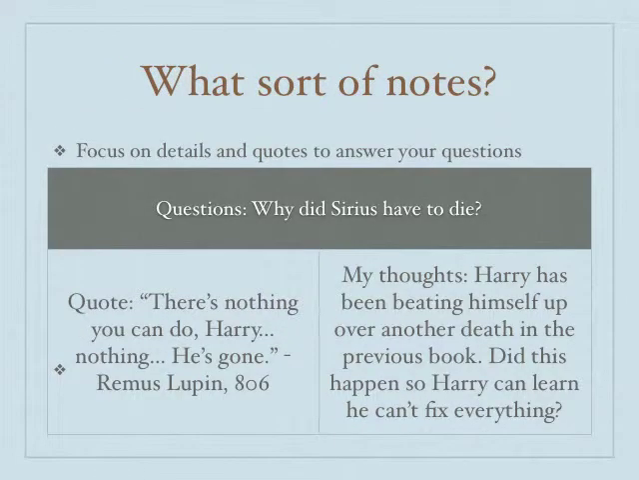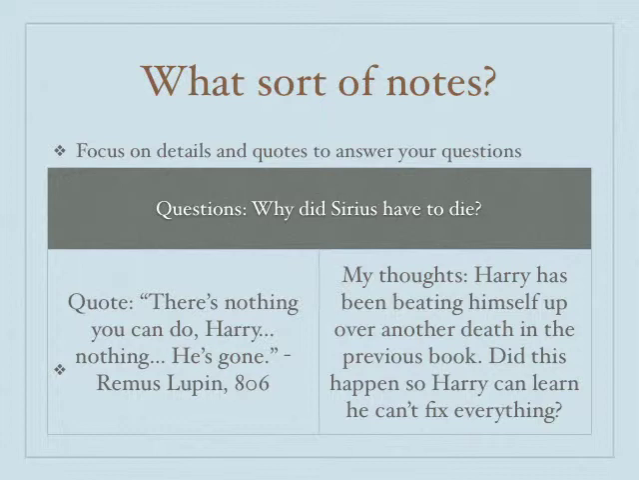As we start collecting information, we need to put what we found into a certain structure. So our notes need to take a focus on details and quotes, specifically to answer our questions. So we could create this graphic organizer. Our question goes in one area, we put a quote that's going to help us answer it, and our own thoughts. So my question, why did Sirius Black have to die? And then there's this quote, there's nothing you can do, Harry, nothing, he's gone. And that's Sirius's best friend. So what if